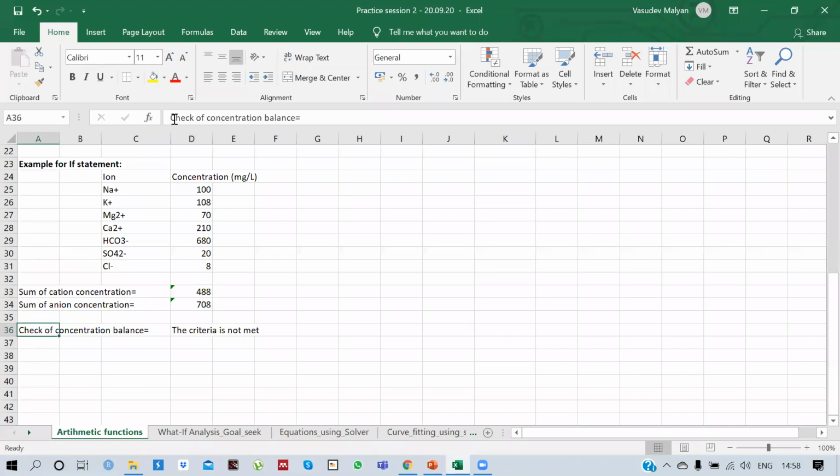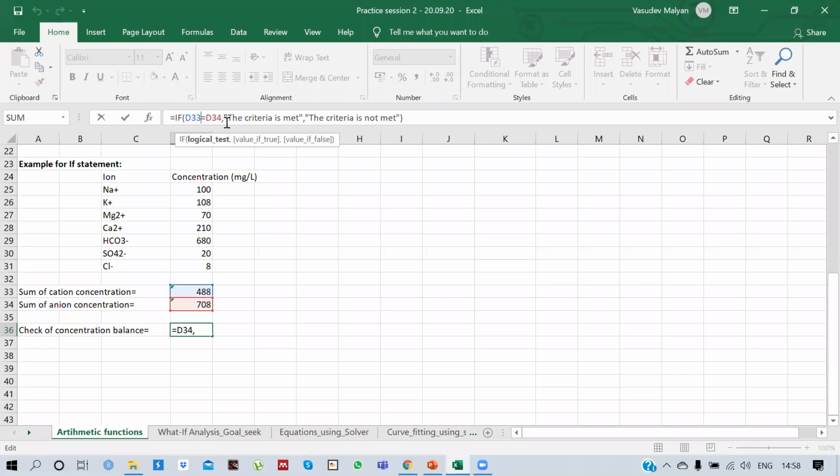So we are going to use the if statement by putting an equal to sign and if. The first part of our if statement is our logical test, which in this case is whether the cation concentration and anion concentration are equal. If the logical test is true, it will return a string of the criteria is met, and if not, it will return a string of the criteria is not met.